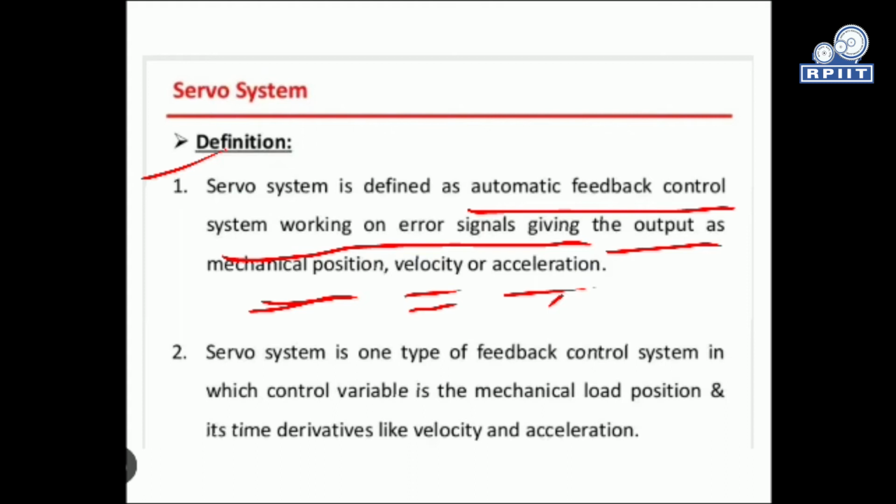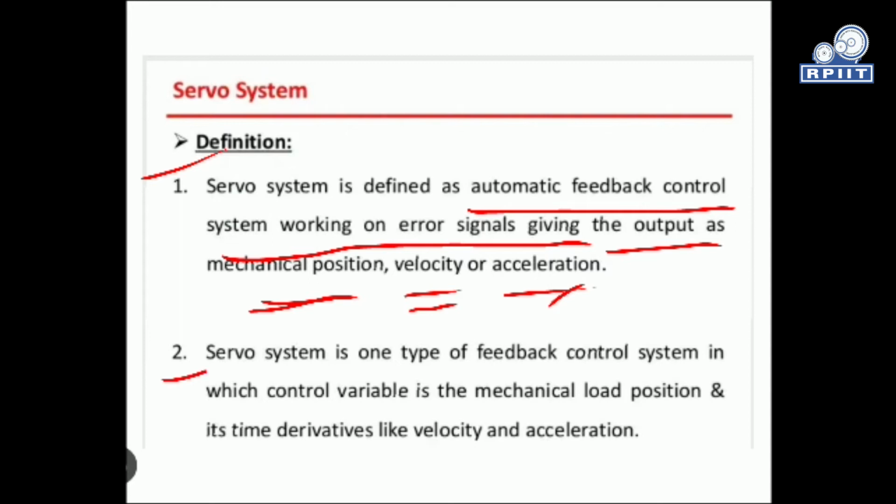We will take the error signal from some kind of component, like a voltage divider, in an electrical servo system. We will take the output from that particular error detector, then feed it to the servo system, and then finally feed it to our load. So depending upon the servo system output, our load will operate.